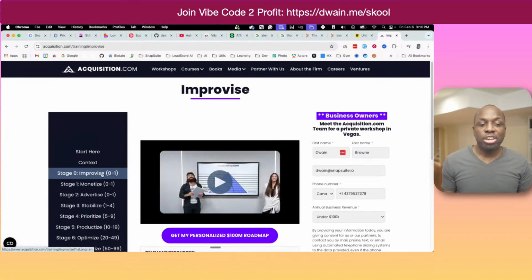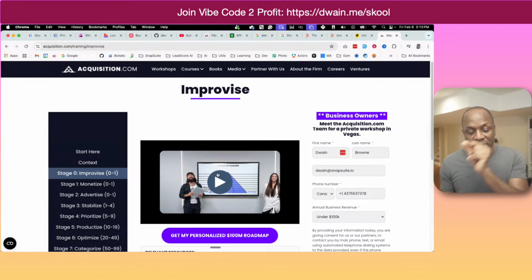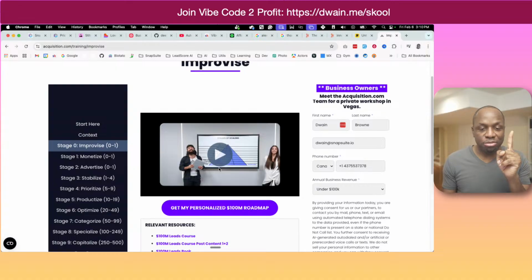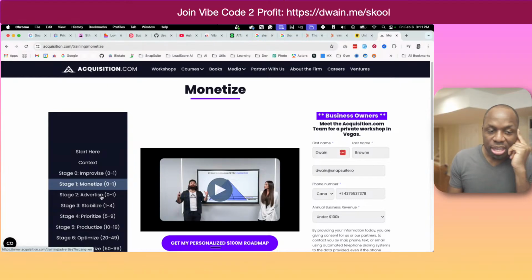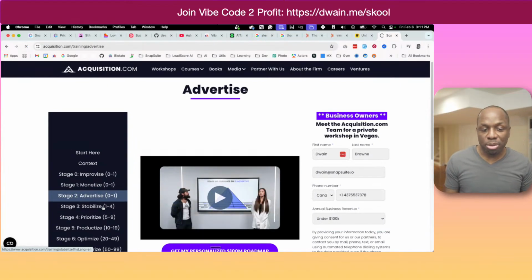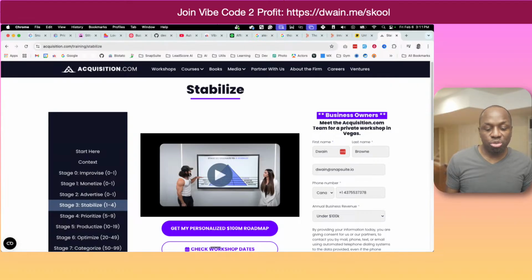You could just click. So if you've never run a business before, it literally tells you what you need to do to get to the next step. And if you run a company and you have a little bit of traction, it tells you exactly what to do for the next step. And if you get to 1 to 4 employees, it shows you exactly what you need to be thinking about to move on to the next step.